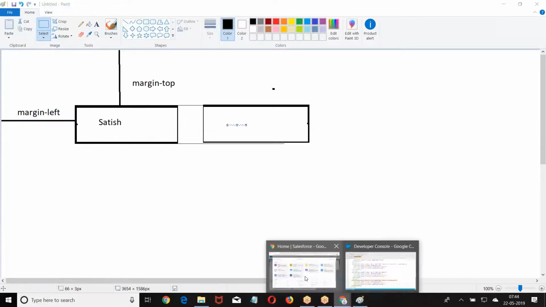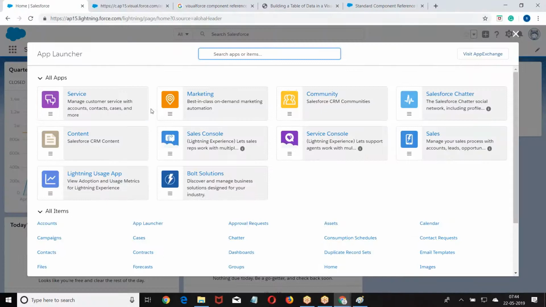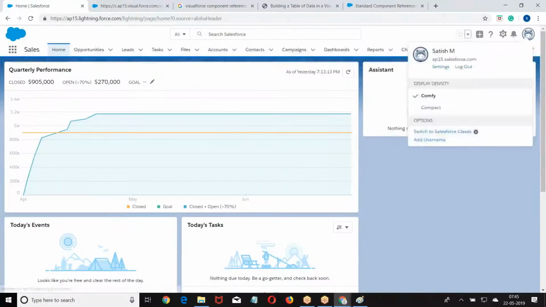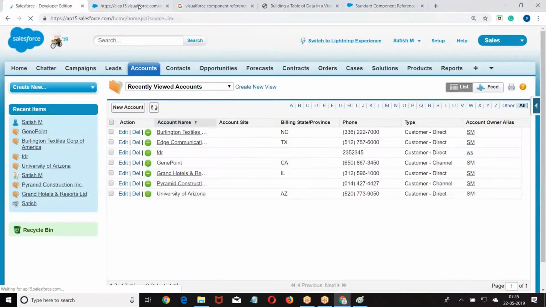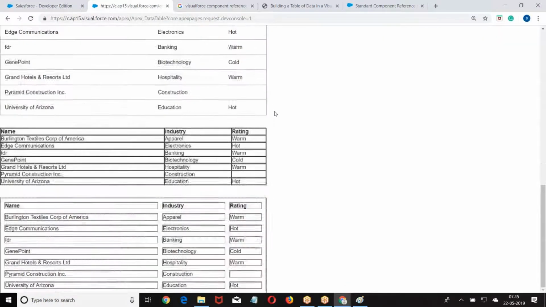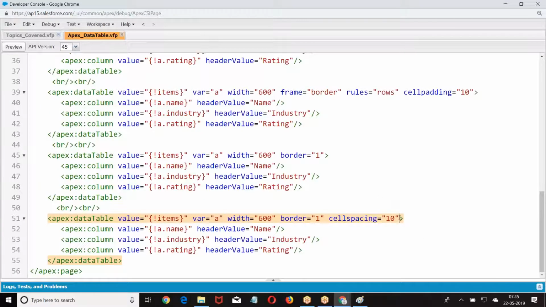Now we are going to get a gap between the cells. Like this gap you want. So go back to the next and see the output. Did you get here? Cell spacing. Now if you apply cell padding and cell spacing together,